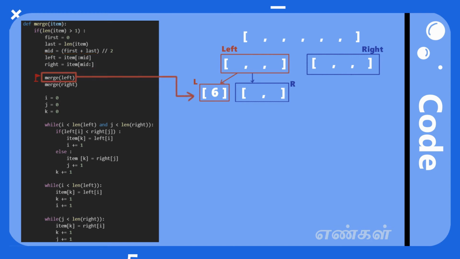It seems we are going into the recursion process all over again with the new left component. Let's add a landmark at this instance and perform the recursion again. We check if the length of our input is greater than 1. It seems it is not greater than 1 this time. This means we have reached a basic component of our input list. We don't have to perform any further action. This instance gets terminated. The program moves back to our landmark in our previous instance, and it continues its journey